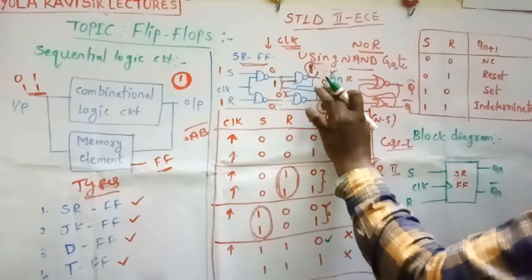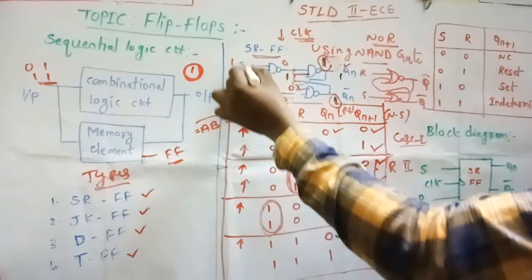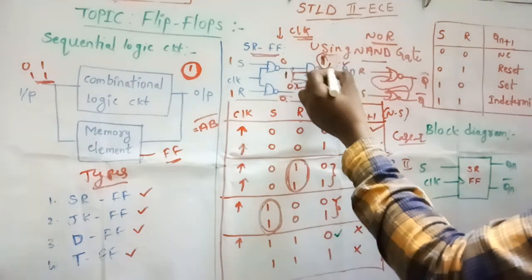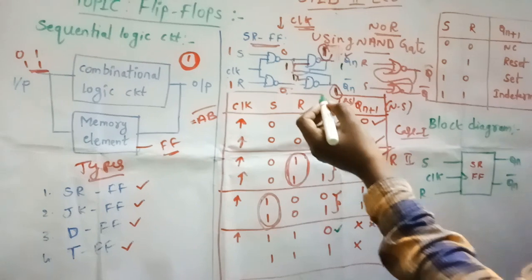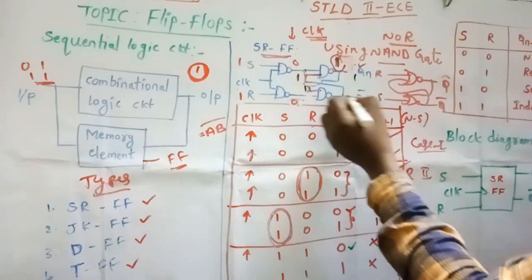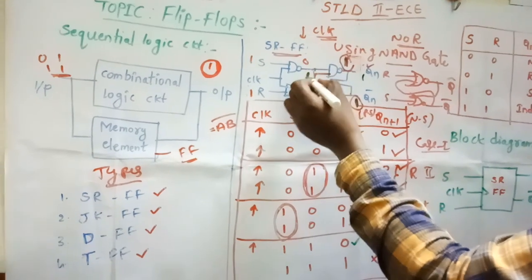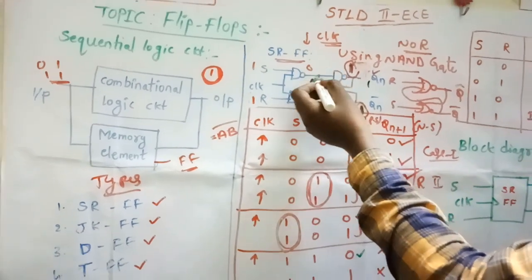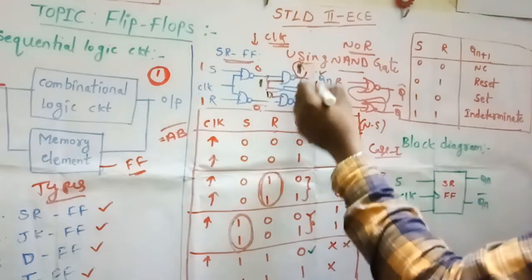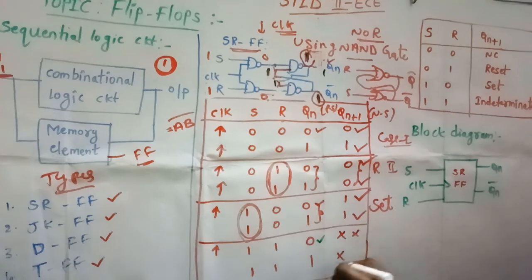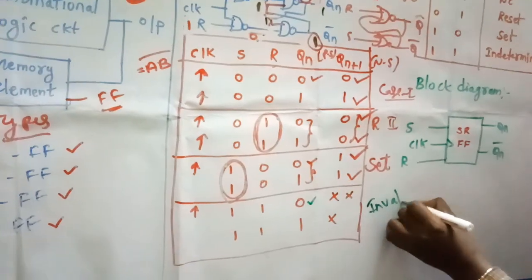Then I am checking if the prime state is 1. Same condition, if S is 1 and R is 1, I am applying Qn is equal to 1. 1 comes here. Whether this state is correct or not we will see. Again 0 into 1, 0. 0 bar 1. Again Qn bar is 1. This one goes to here. Again 0 into 1, 0. 0 bar 1. Again this is also coming as 1. Both are equal. This is also not a valid state. It may also be called an invalid state.